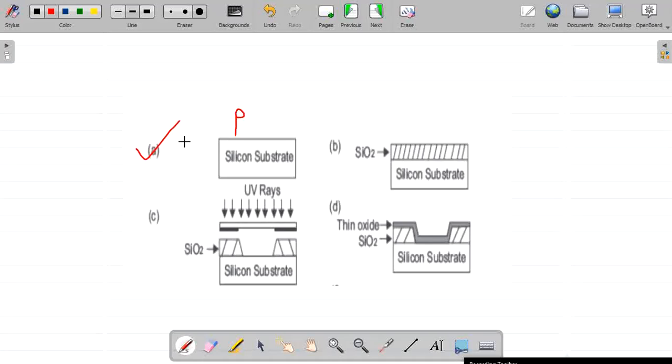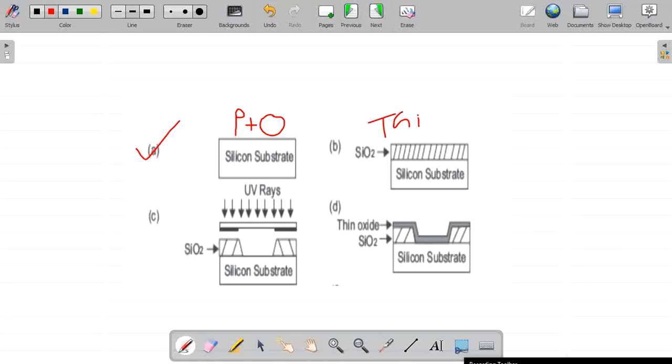Before going to the second step, take this p type substrate and oxidize it carefully. In the first step, take a p type substrate, and you need to oxidize this surface. In the second step, on this p type oxidized substrate, we need to implant a thick SiO2, thick silicon dioxide layer.